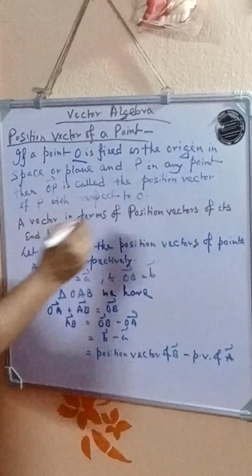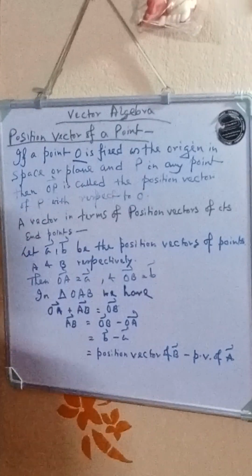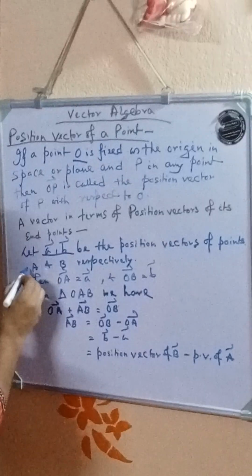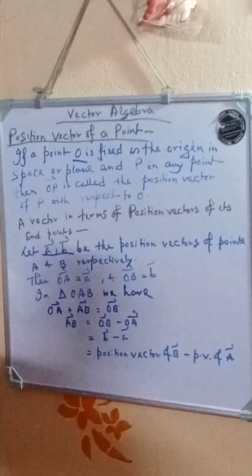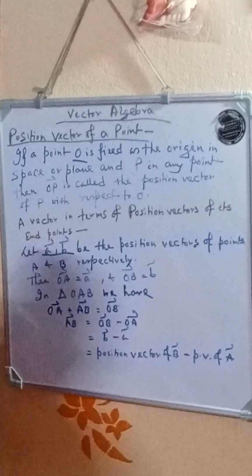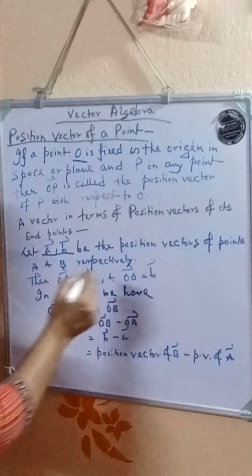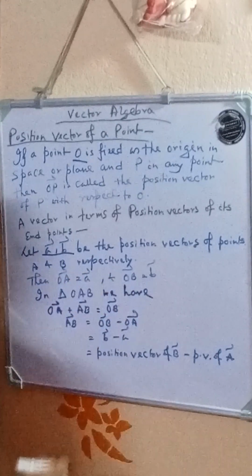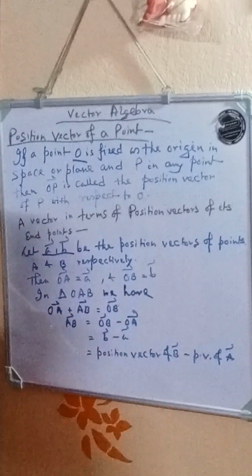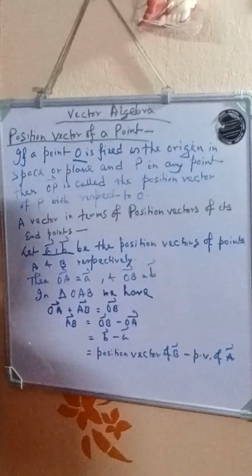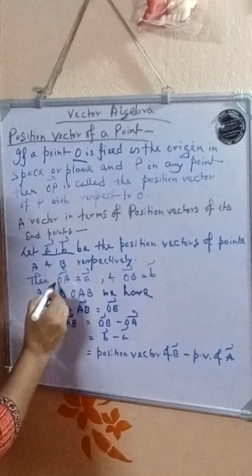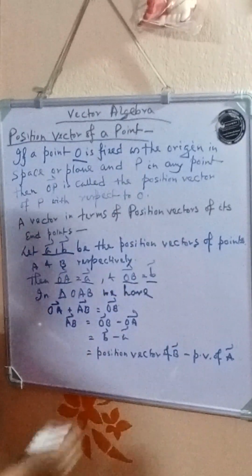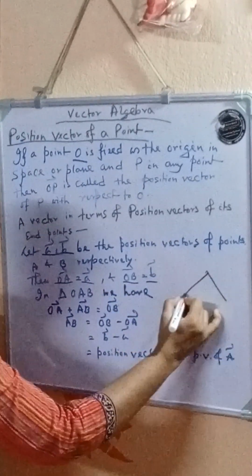A vector in terms of position vectors of its endpoints. Let A and B be the position vectors of points A and B respectively with respect to O. Then OA equals A vector and OB equals B vector. Then from triangle OAB,